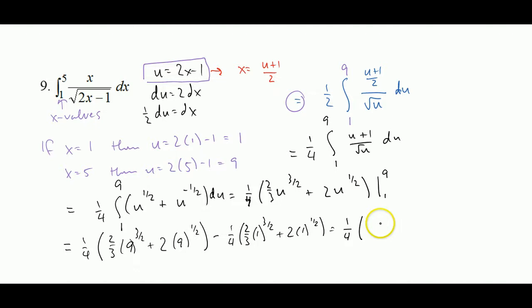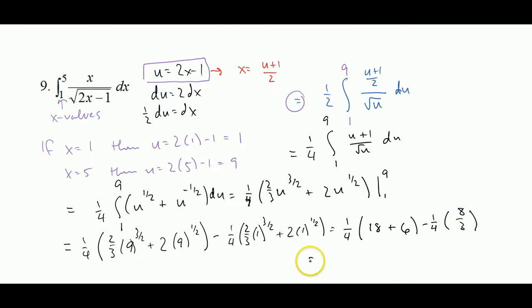So 9 to the 3/2 is going to be, let's see, the square root of 9 is 3 to the 3rd power is 27. 2/3 times 27 will be 18, plus 9 to the 1/2 will be 3 times 2 will be 6, minus 1/4 times, and inside that quantity, everything to the 1 to the 3/2 and 1 to the 1/2 will just be 1, so we get 2/3 plus 2, which is 2 2/3, or